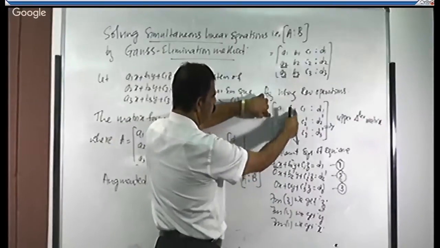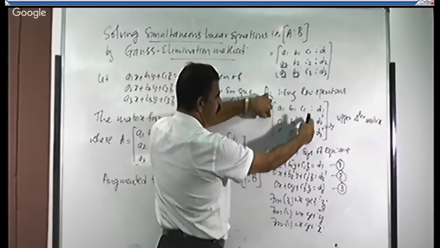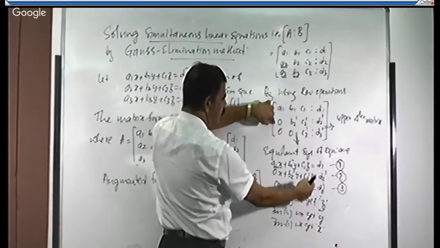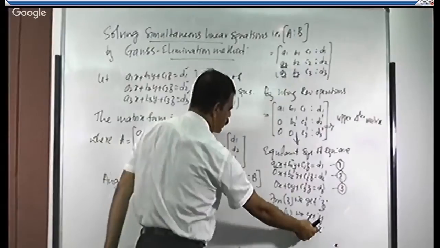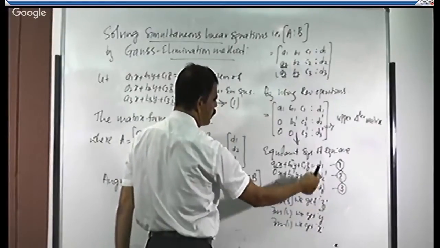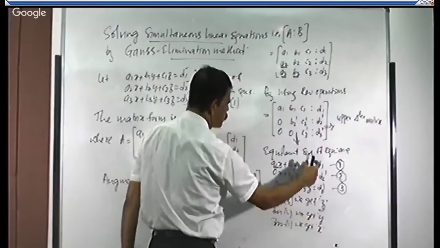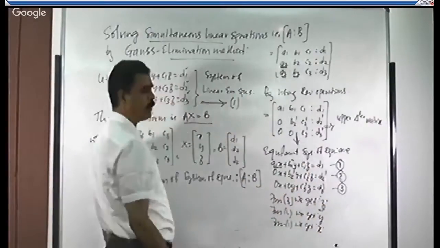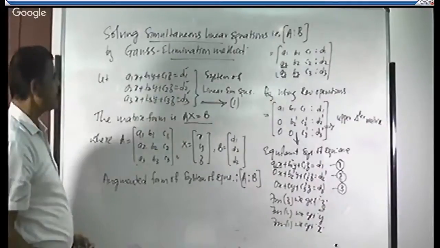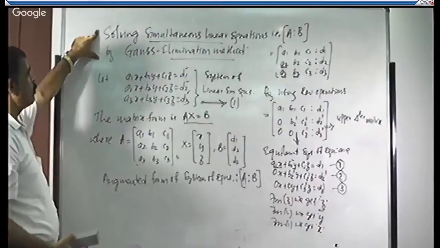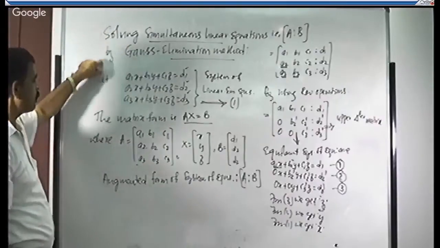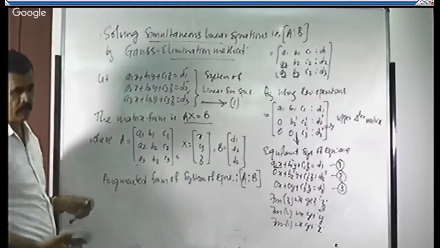Just putting x, y, z to the elements, it is treated as is equal to. Then finally, from the third equation, we will get z. By substituting z in the second, we will get y. From y and z substituted in equation 1, we will get the x value. This is the procedure we need to follow to solve simultaneous linear equations using the Gauss elimination method.